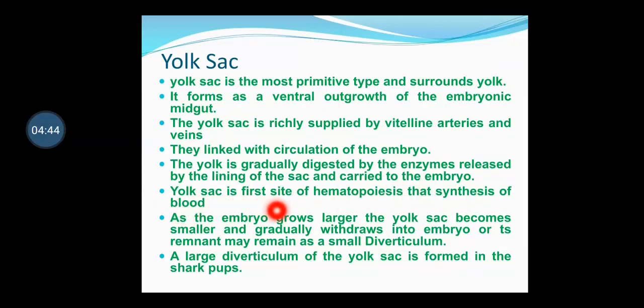The yolk sac is the first site of hematopoiesis. What is hematopoiesis? That is the synthesis of blood in the developing embryo. The first blood of the baby is synthesized in the yolk sac. At the start of embryo development, the yolk sac is larger in size, but with the passage of time, as it is gradually utilized, its size becomes reduced, and sometimes it is